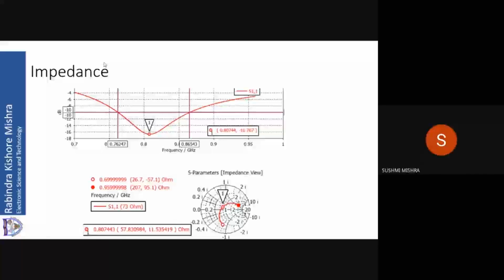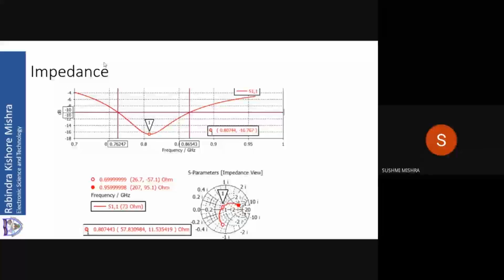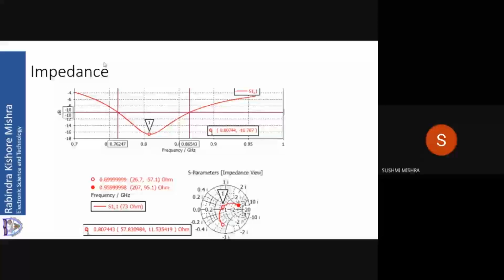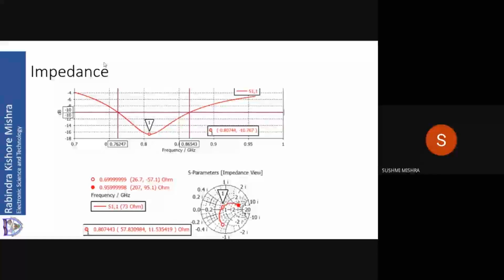My job is to bring that down to make it purely resistive. Now if I bring it more downward, then it will become capacitive. If I go upward in frequency, it will become more inductive. If I go downward in frequency, it will become capacitive. So what I will do is I will come slightly downward in frequency and find out where is my resonant point.